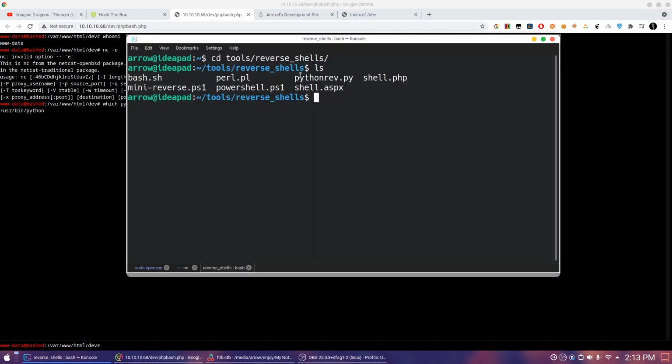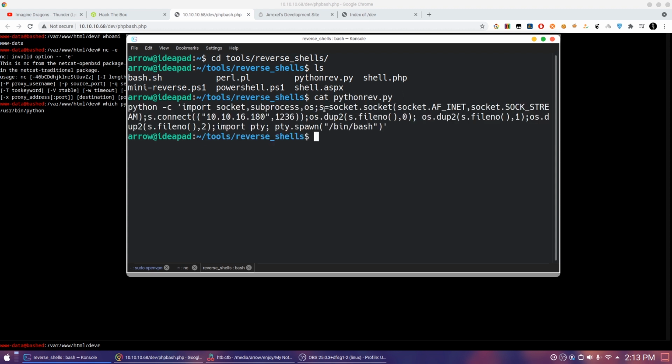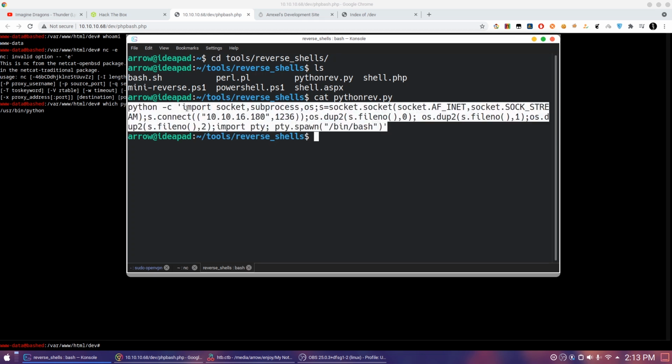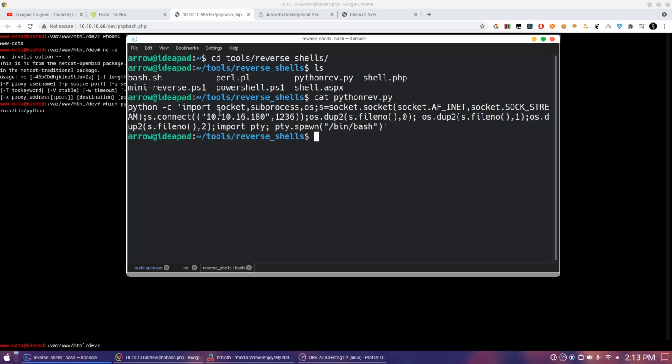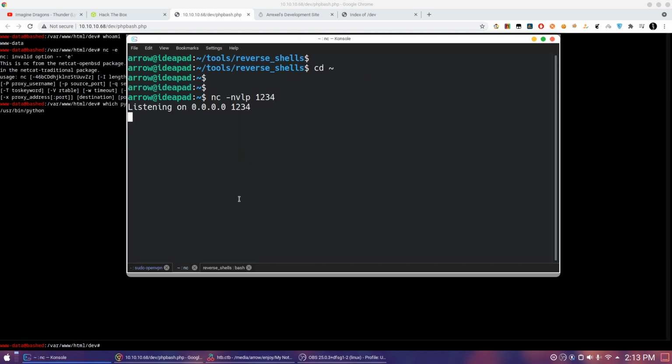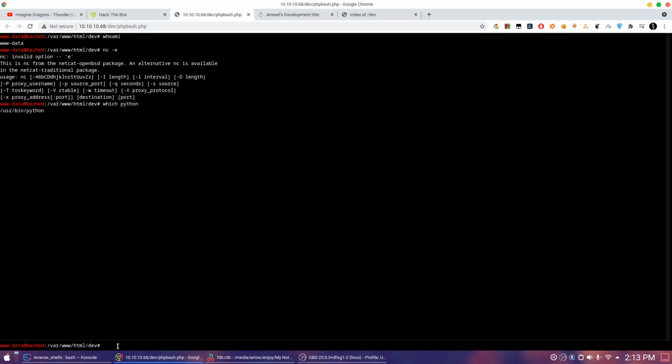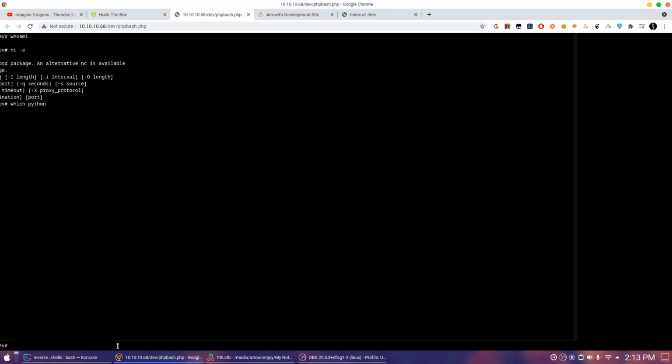Now I have already downloaded this from pentestmonkey. Simply copy this; I have changed the IP address and the port number. Instead of 4, let's listen on 6. Let me paste it in here and hit enter.